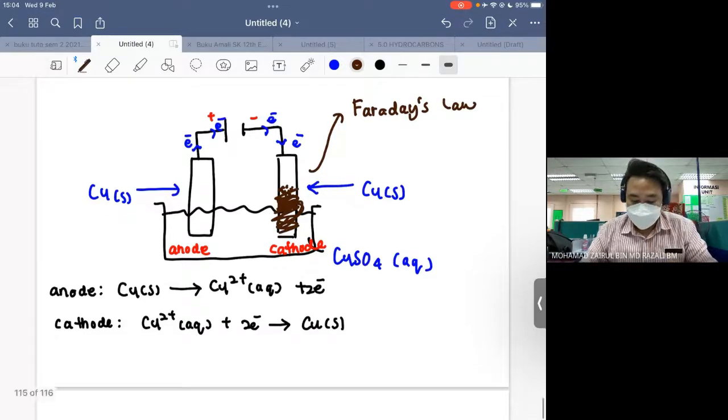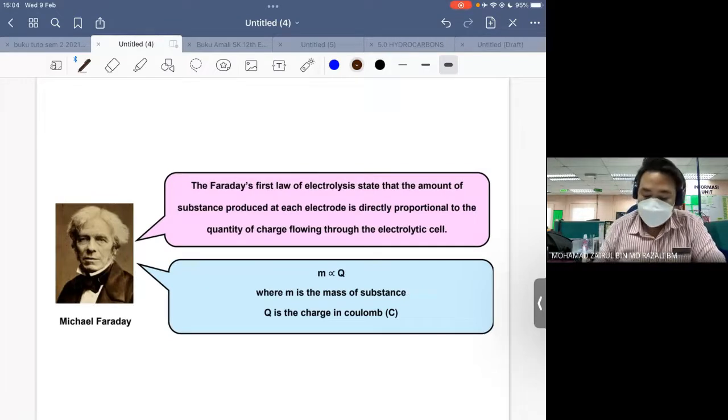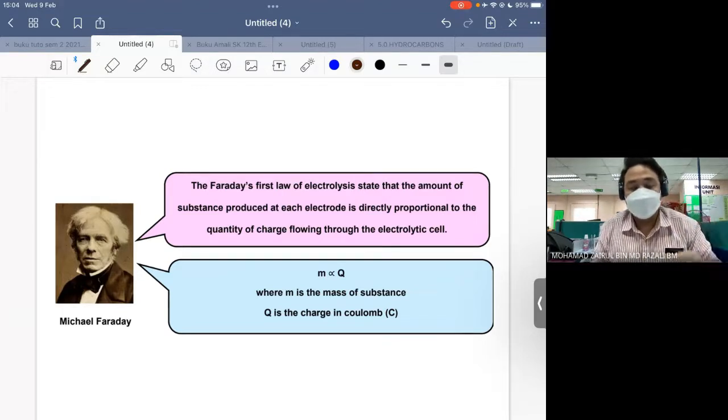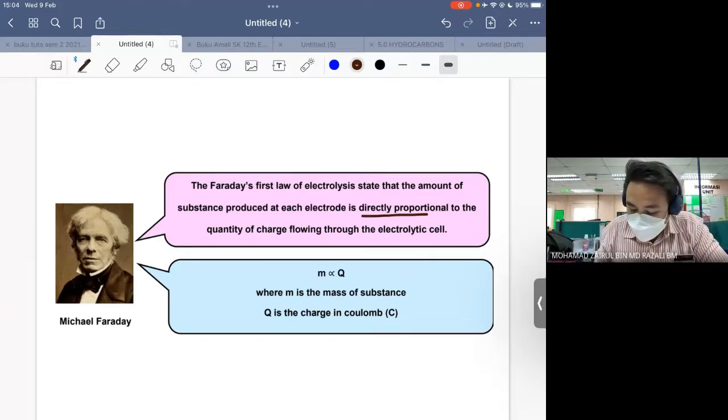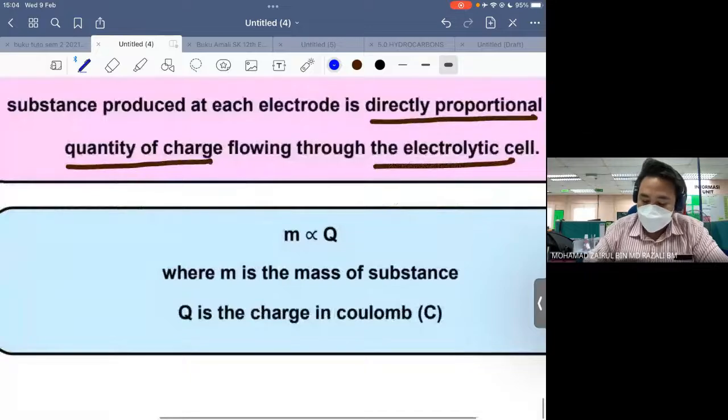Okay, so Faraday's first law states that the amount of the substance produced at each electrode, it doesn't matter whether the amount of reactant consumed or the amount of the product formed, is directly proportional to the quantity of charge flowing through the electrolytic cell. Or we can simplify Faraday's first law as M is directly proportional to Q, where Q